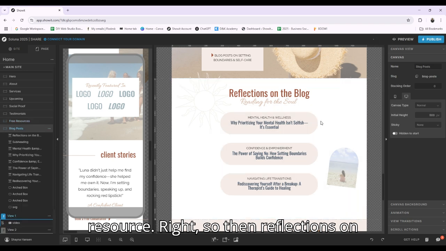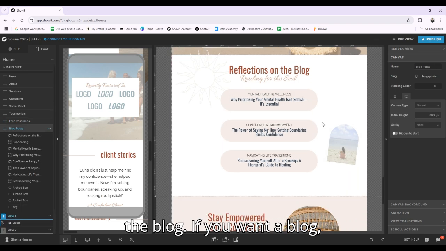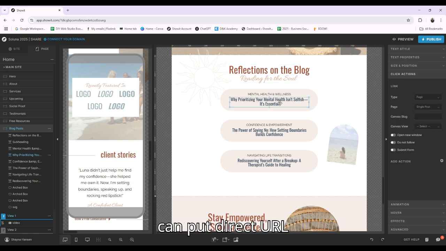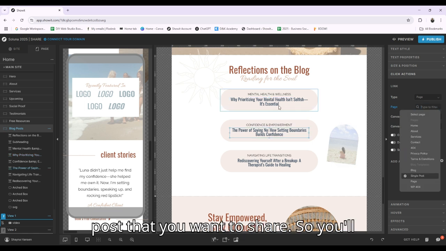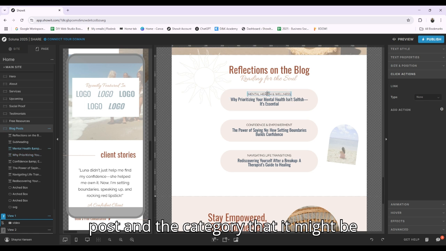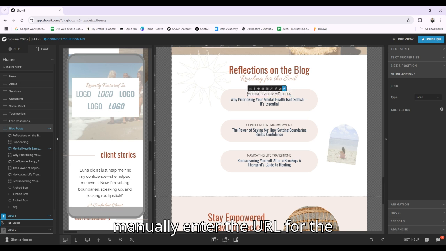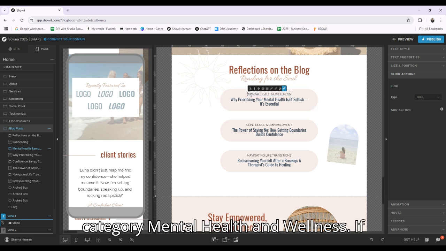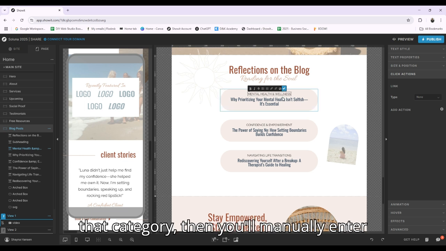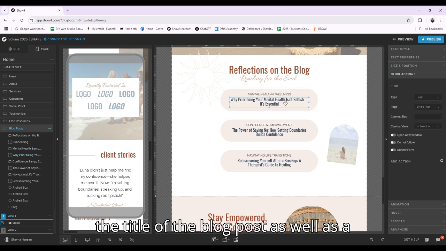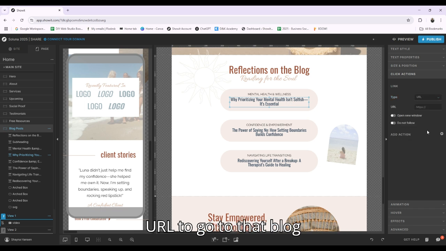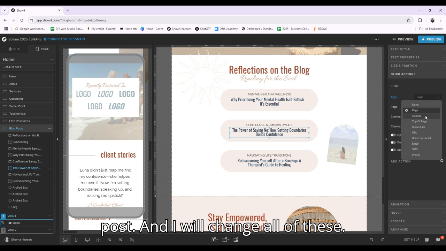Right, so then reflections on the blog. If you want to blog, which I highly recommend you do for SEO purposes, then here is where you can put direct URL links to that blog. So you're going to that blog post that you want to share. You'll manually enter the title of that blog post and the category that it might be labeled under. So you can manually enter the URL for the category, mental health and wellness, if you want this to be a link leading to that category. Then you'll manually enter the title of the blog post as well as a URL to go to that blog post. And I will change all of these